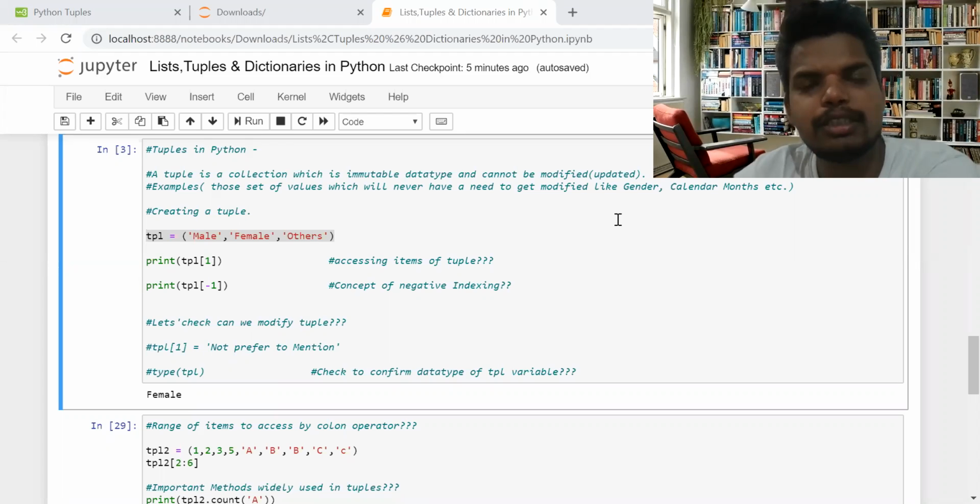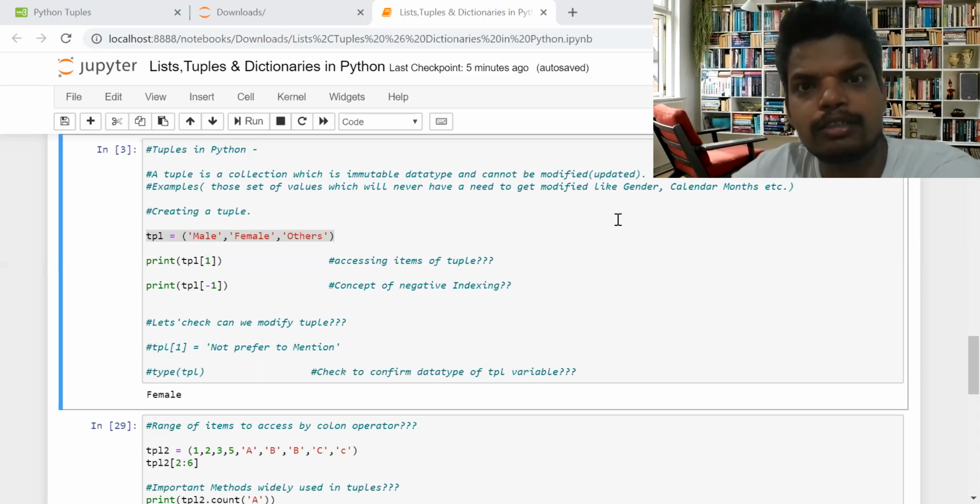A tuple is a data type. It's the category of data type in which values are inserted that we will not be modifying in the future, and hence those variables will not be updated in any future uses. For those reasons, we use tuples in our daily work.